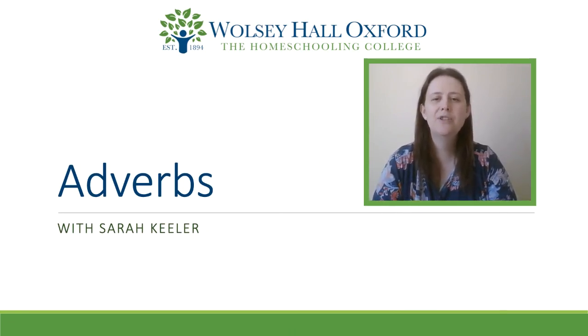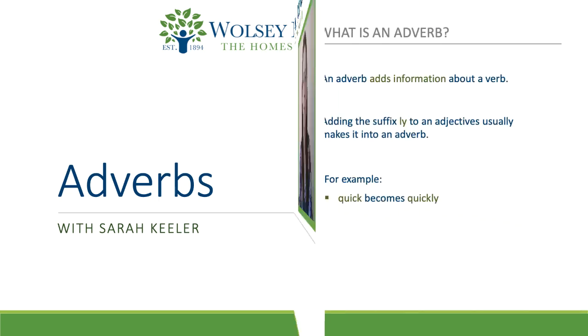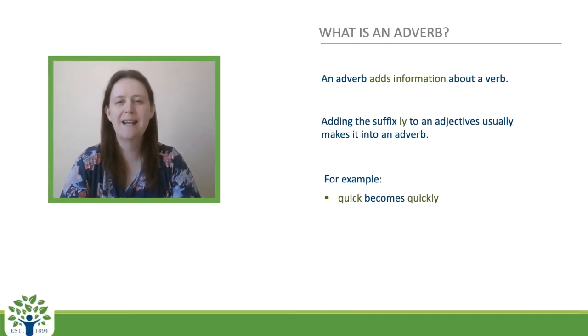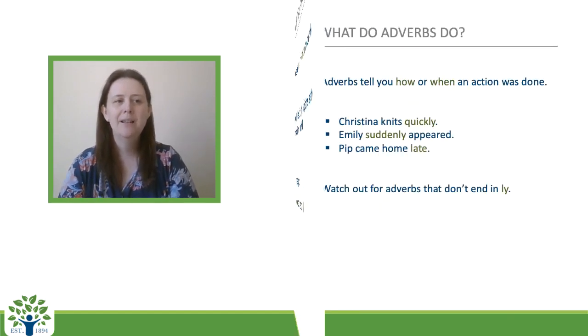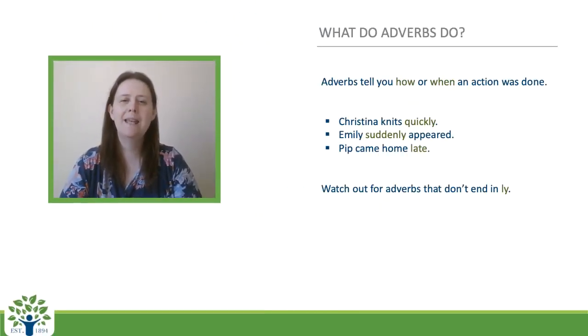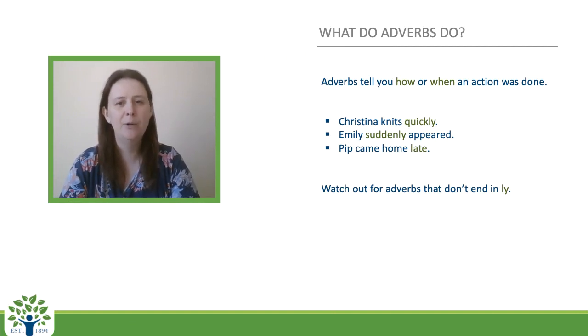So this video is just to explain what an adverb is and how you might use them in your writing. So first of all, to explain what an adverb actually is. You use them to add information to a verb. Often you need to just add the suffix ly and it will make the verb into an adverb. So quick becomes quickly. They tell you how or when an action is done, and here are a few other